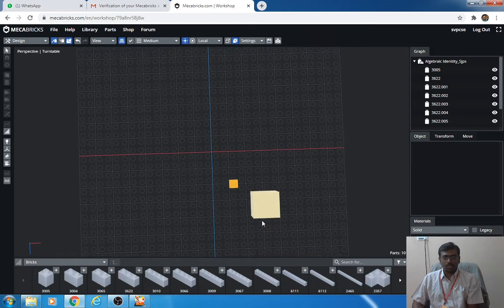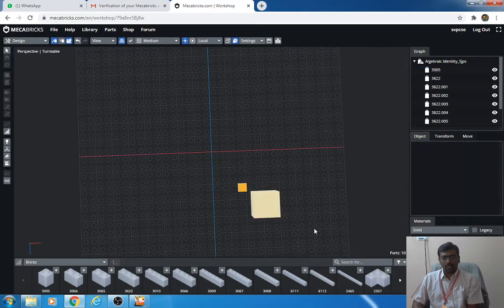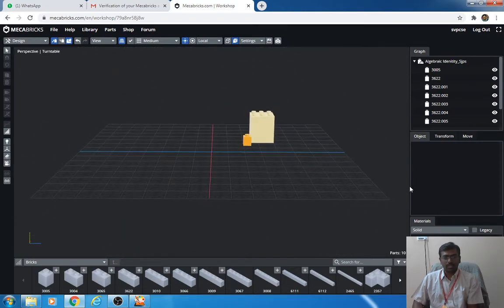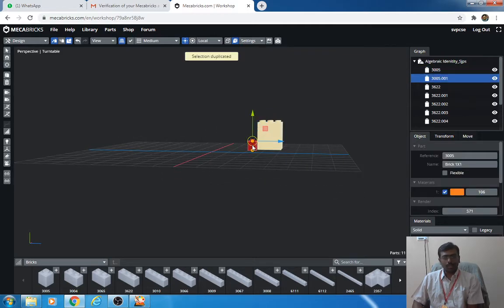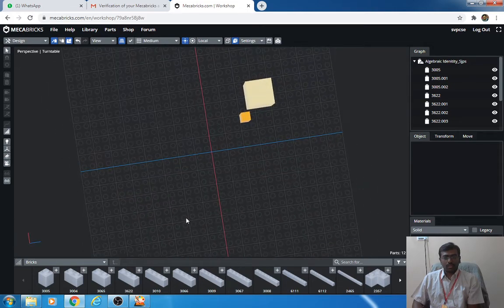Just make it closer so that it is perfectly in the diagonal position. After you make this into the diagonal position, change the platform like this and you can clone it. As usual, cloning, again clone. If you look at this, you can see this is a cube and this is b cube.